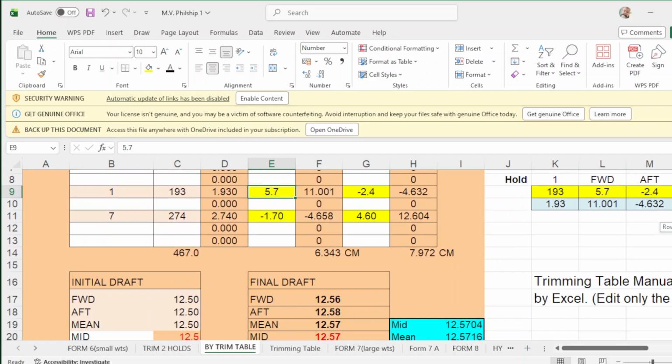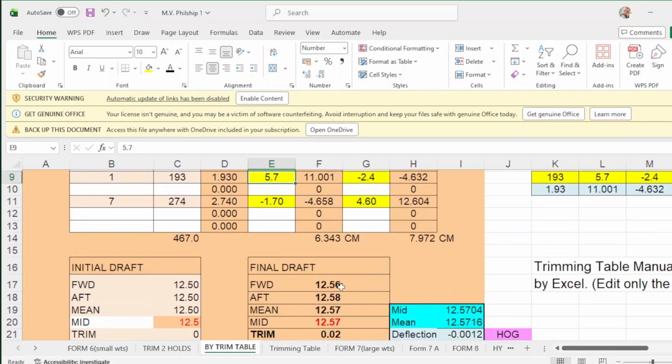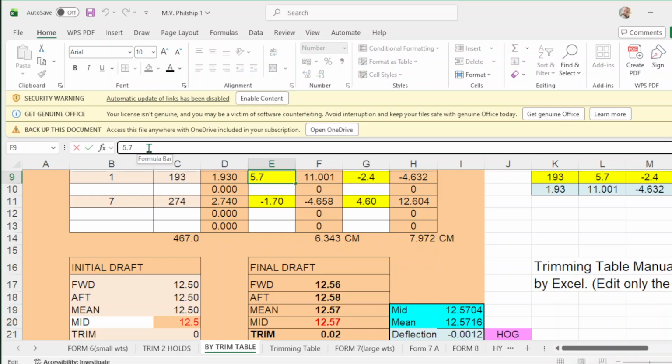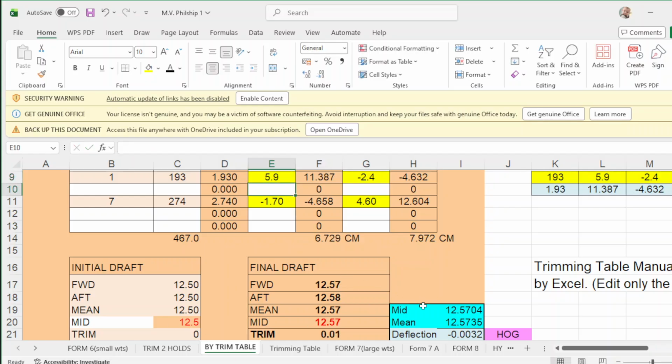So what you do, since we have to add a little bit to make it 12.57, let's make this 5.9. Put this 9. Take note of the drop forward. Then you have 12.57. So you just adjust it to 5.9 so that it will be exactly the point where the correction is, and you will get a drop forward of 12.57.